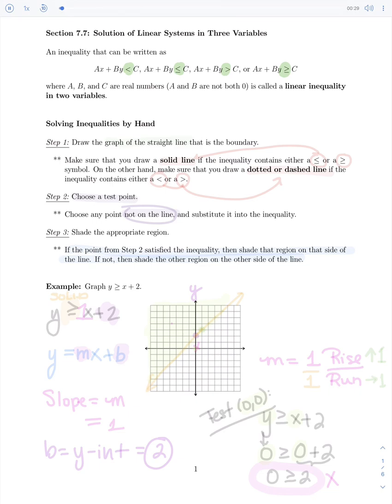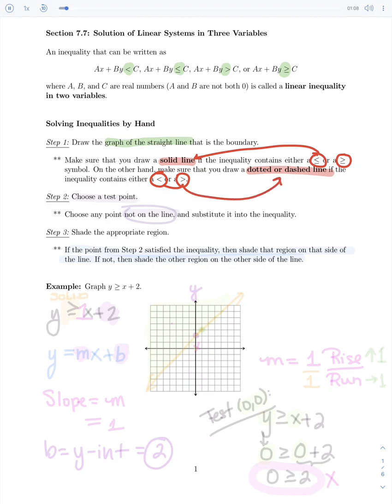We'll first look at graphing the actual shape, whether it's a straight line or parabola, whatever it is. Then we'll work on whether or not it's supposed to be a solid line or a dotted line. It's going to be a solid line if we have the equal to on either a less than or equal to or a greater than or equal to. That's when you have your solid line. But if it's just a strictly less than or strictly greater than, then that's when we have a dotted or